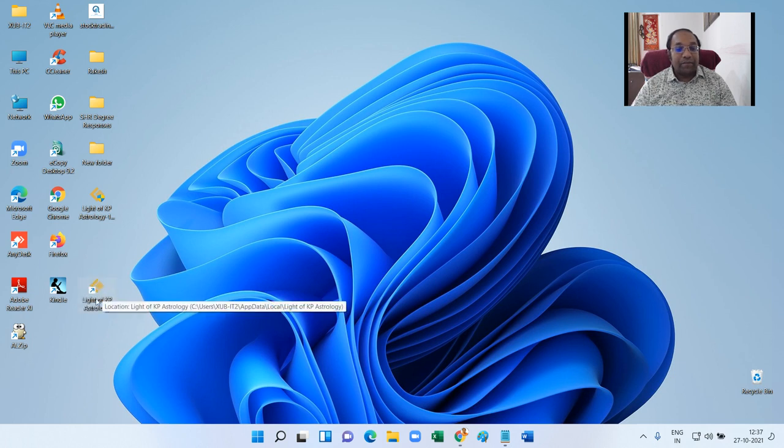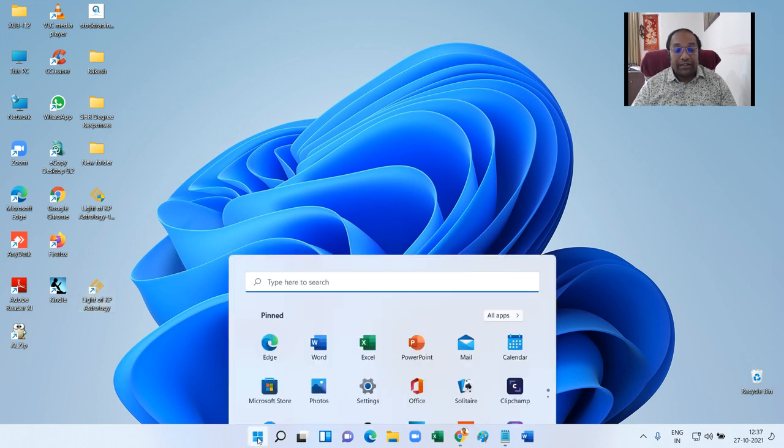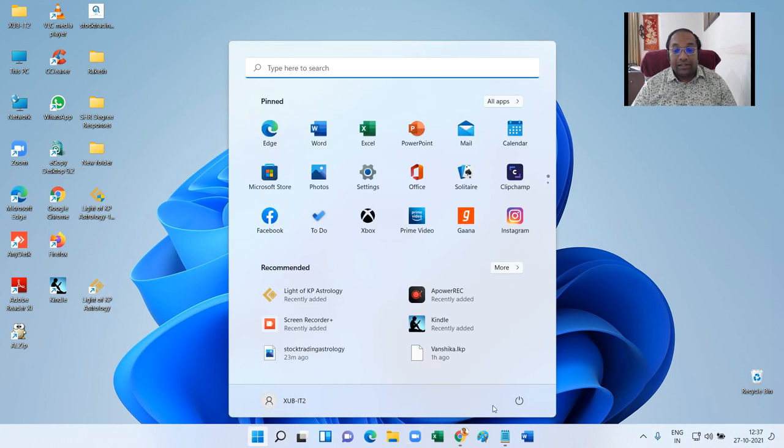You can see this. Now I will be stopping my recording because I am going to restart my computer, Windows 11. So I go over here to this icon, click on the start button, then I click over here power button, and I say restart. I can shut down and then manually restart. So my recording is going to stop, and then I'm going to resume my recording.